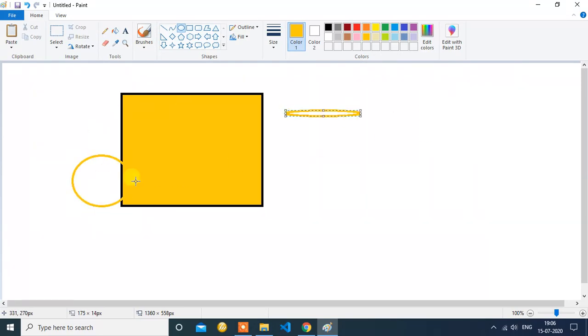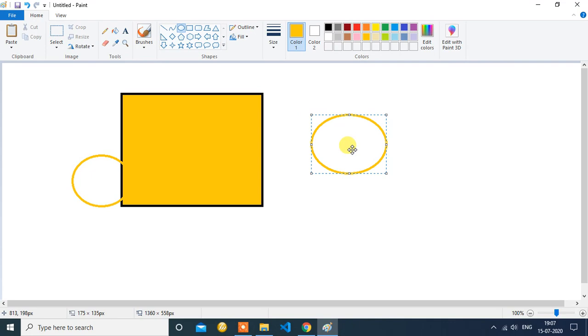You can see, oh oops. So as you can see, I have clicked anywhere else on the canvas, so it is stuck here. We can't move it anywhere else. We can fill colors in it, but we can't move it. And as you can see, by mistake I have drawn this, so let's resize this.